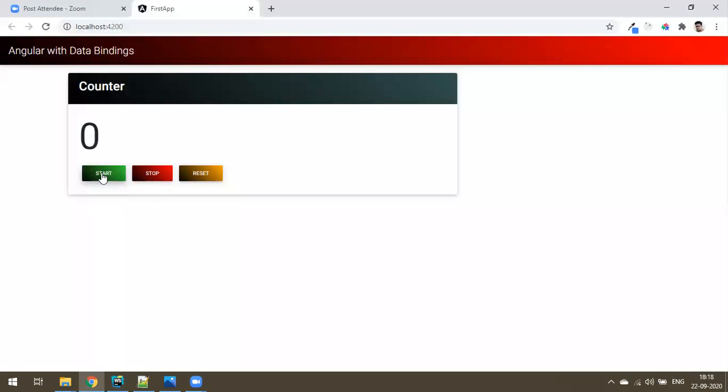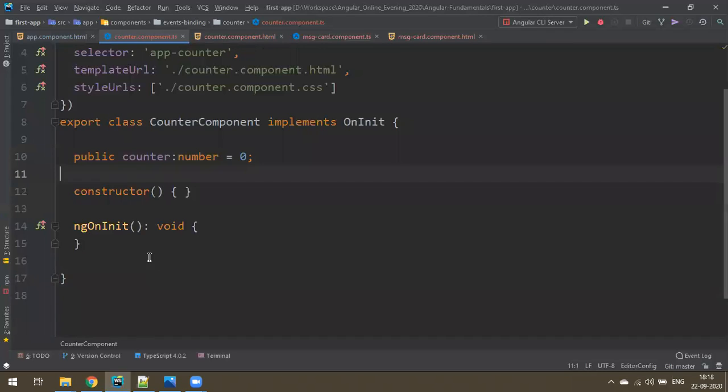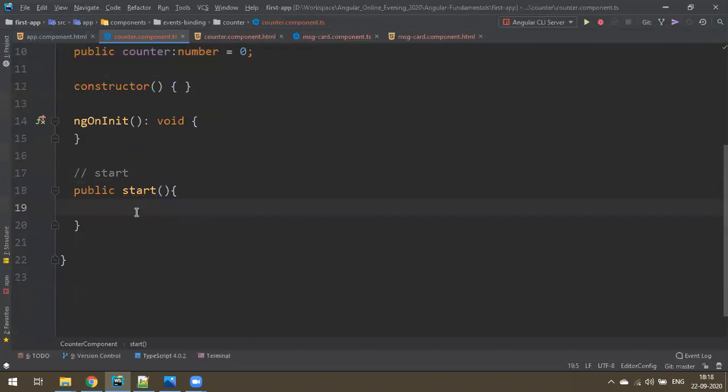So click on this start button. Before I do, I create some functions. Let's say start. Okay, so public start method. So here startup logic. Okay, just make some simple alerts. Start button. Okay, just to clarify that, I just call this function when I click on a button.